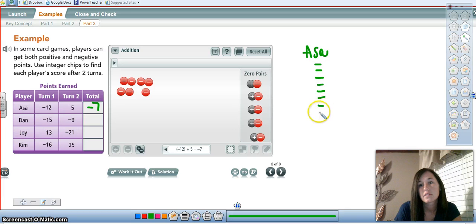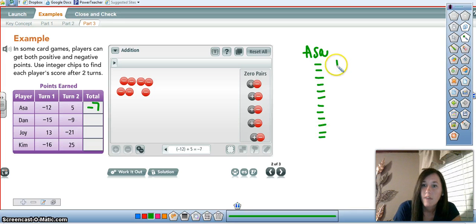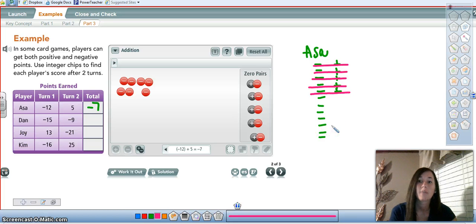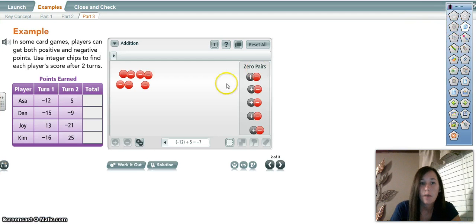12 negatives and 5 positives. And then any of the zero pairs would neutralize or cancel out. And that would leave 1, 2, 3, 4, 5, 6, 7 negatives for her answer. So even if you don't have the tool on the computer, you can still use this integer chip idea by drawing pictures. Okay, but I want to show you